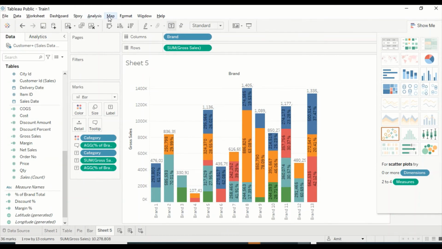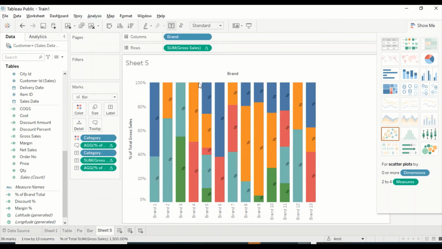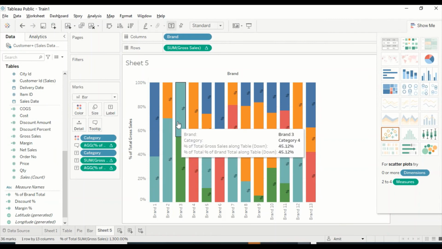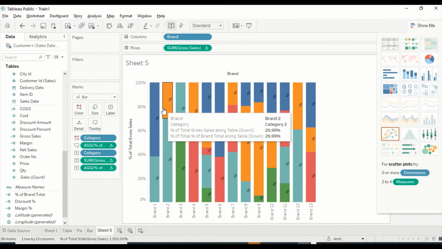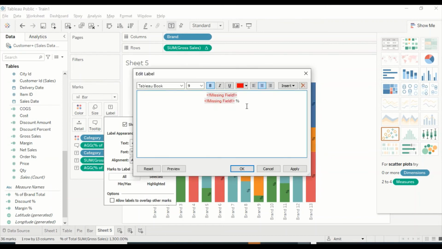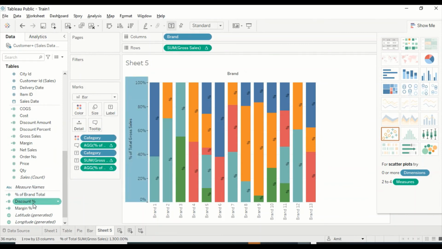Now I think we have an option out here in analysis, we say percentage of column, then we will be able to see the 100% visual. Okay, so now this is what you call the 100% stacked visual, where you're displaying the 100%. We have to go ahead and remove certain things from the label. We actually have everything missing. Let's put the gross here on the label again.